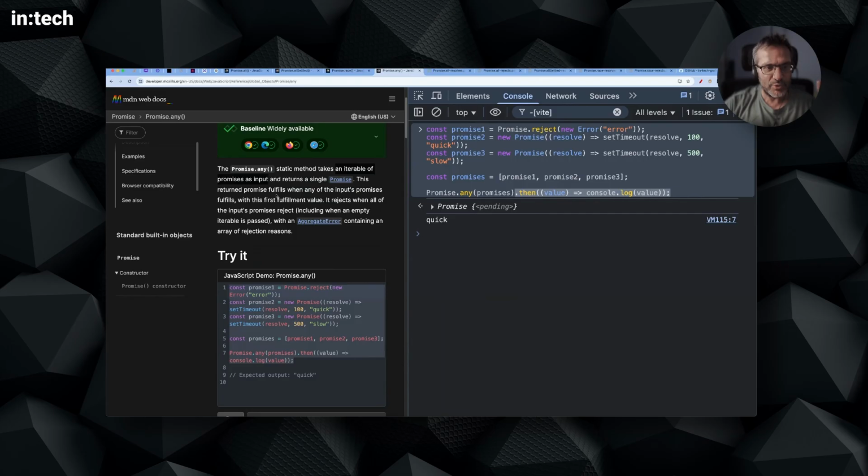And the returned promise fulfills when any of the input promises fulfills. So in this case, promise 2 was the quickest one to resolve, to fulfill. Okay, and this is why we got this fulfillment value. And it says it rejects when all of the input promises reject. So this is basically